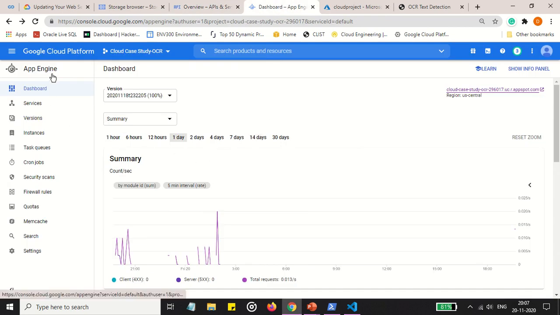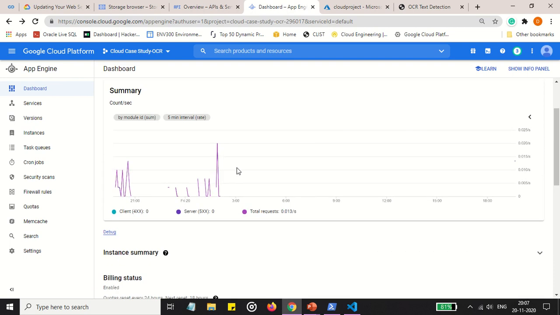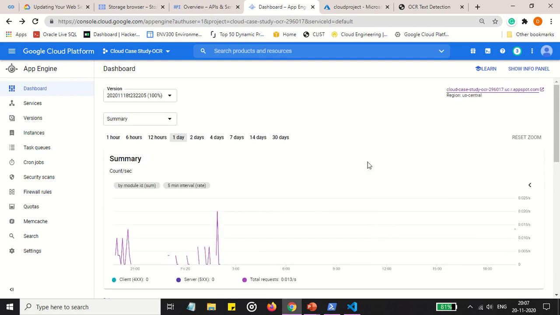This is the Google Cloud App Engine console where you can monitor the App Engine instance. This is where the backend part of the program is running. This is the endpoint where you need to give the post request.